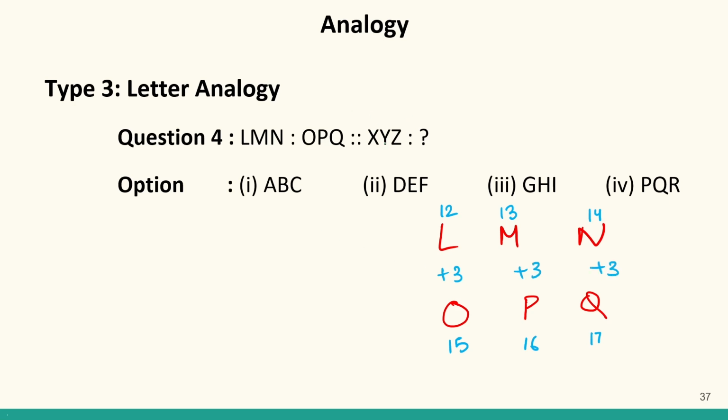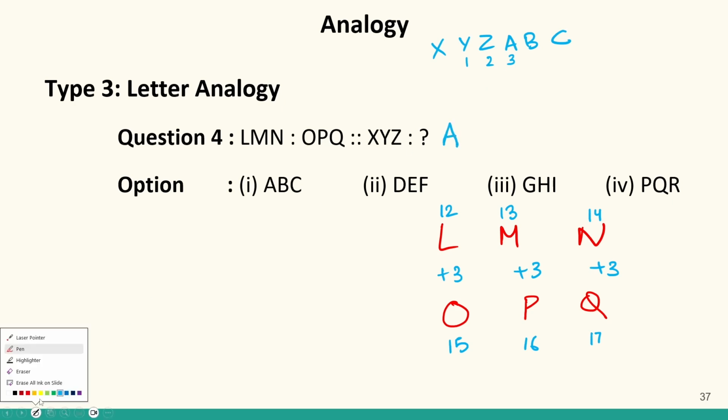So same thing we have to do for XYZ. Now if you remember, I told you the concept of looping. That means that when we finish from XYZ, we consider the next term to be A, B and so on. So we have to move 3 positions forward. Let us check for X. For X, if we move 3 positions forward, this will be the first position, second position, third position. So first letter will be A.